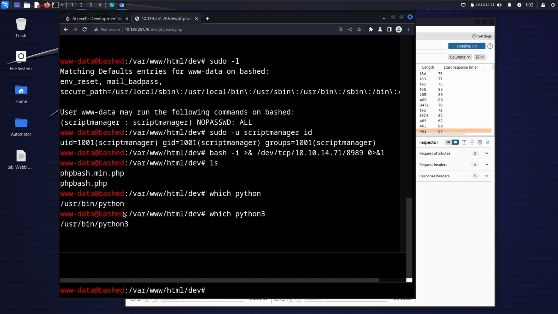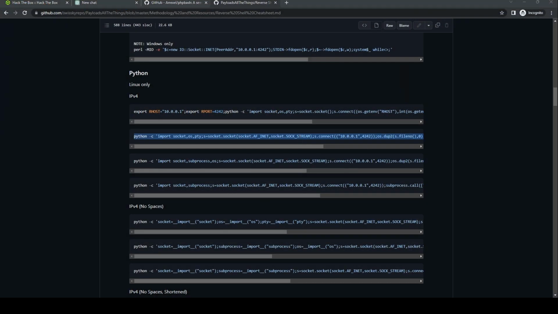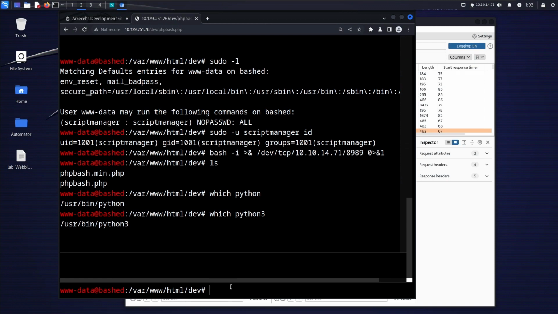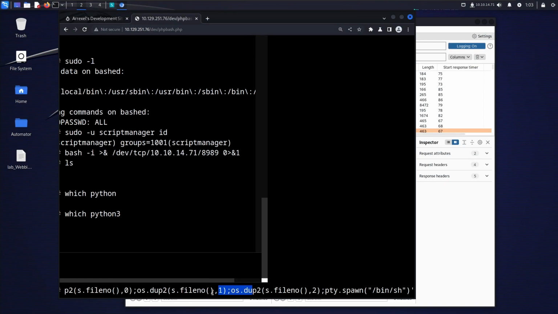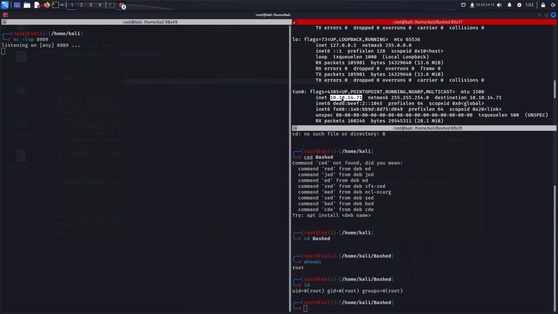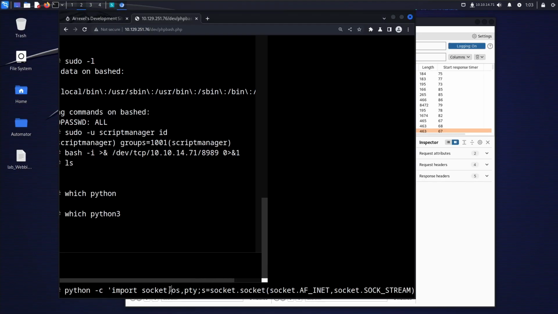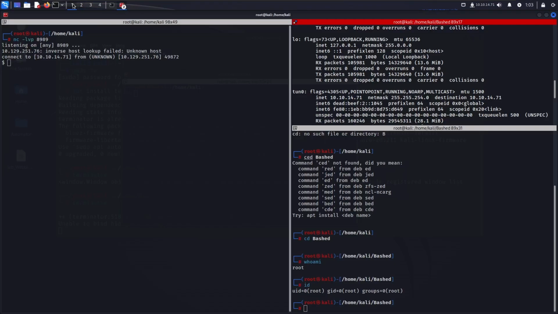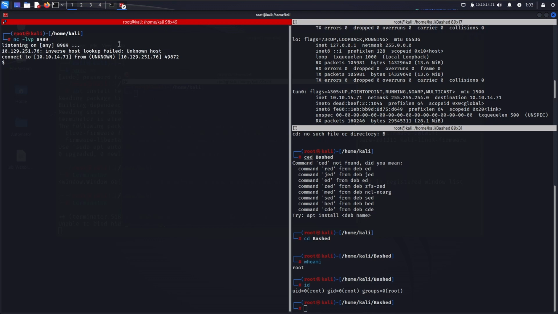So it looks like we can use either one, but sometimes you might not have this first one and you just have to change python to python3, which just involves changing the first word in the payload. So let's copy this. Going off the page a bit, but we still need to change this to our IP address, and we're going to change this port to 898989. Okay. If we run that, now if we come back to our listener,